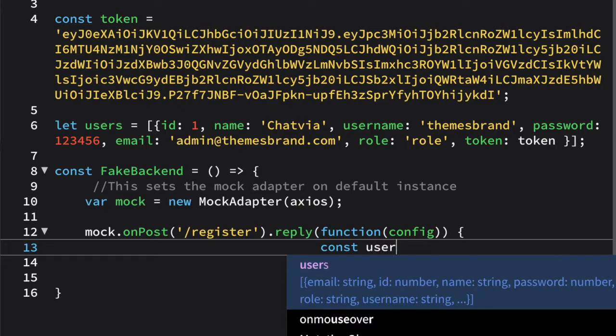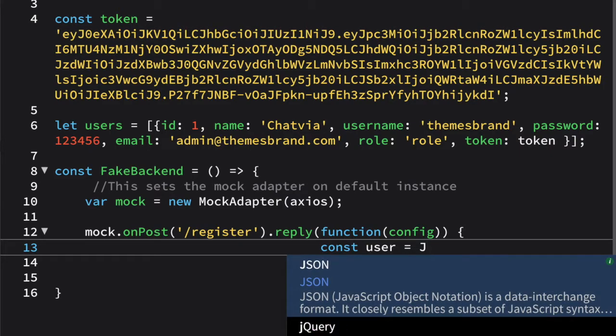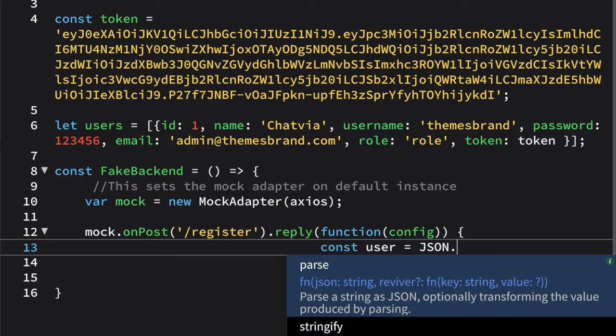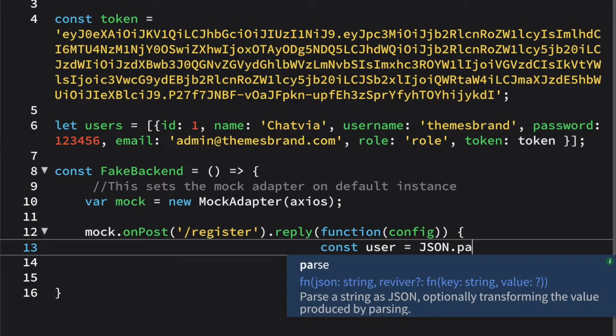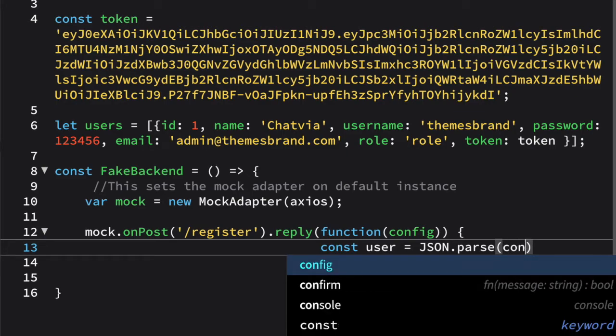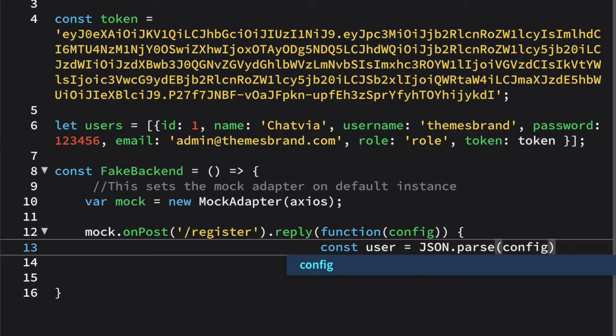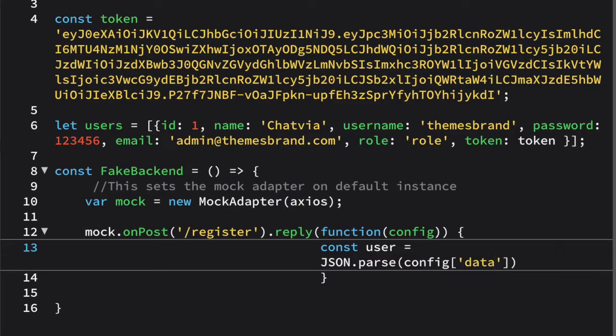This is my user which is logged in, and after this I want to parse its information in the form of a JSON file. So here I am writing JSON.parse, and then in the parse function I am passing this config. And inside config you have to pass a string that is data, which will contain all of the data about this user to verify this.